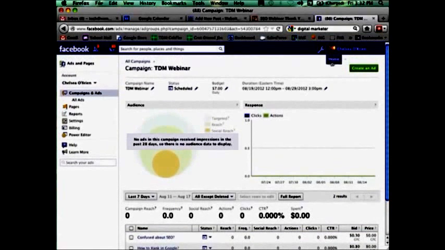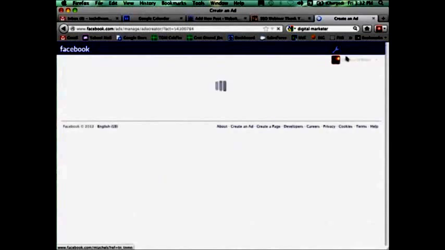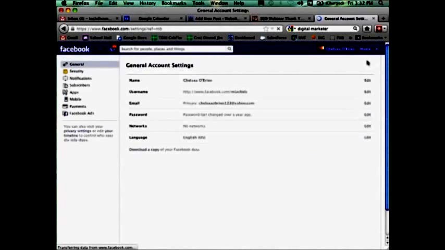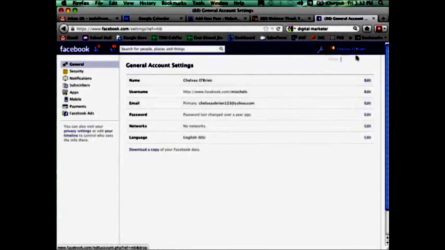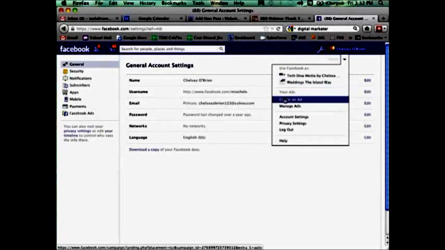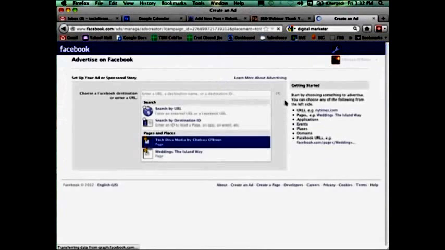Now when you create an ad, you would just go to the drop-down menu by your name that says create an ad. If you're starting on your home page, you create an ad, and I just lost my page. So you go to create an ad, and here you're going to tell it where to go. Now in the case of the ad I've set up, I have it going to a page I've created on Facebook itself. So I made a page for my webinar, and that's where I'm going to direct the ad to. Now why did I do that? I did that because Facebook is kind of stringent about some of the ads they accept.